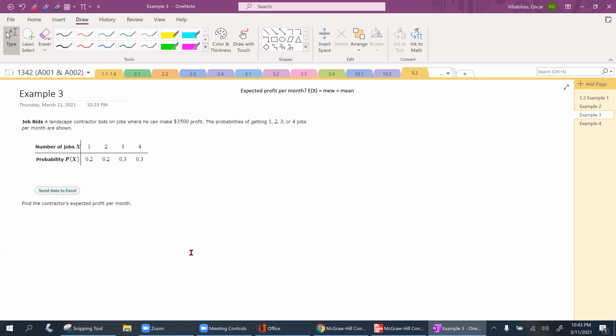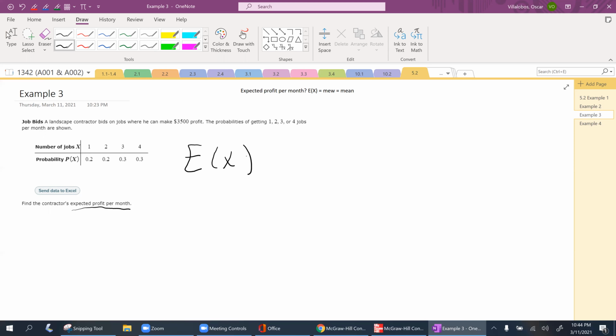So here's a new word. Find the contractor's expected profit per month. Expected profit. If you go to your book, section 5.2, page 277, expectation on the lower part, the expected value: the definition is that the expected value of a discrete random variable of a probability distribution is the theoretical average of the variable, meaning it's the mean. So if they ask you to find the expected profit per month in section 5.2, we know they just want the mean. So in other words, if you were asked to find this,